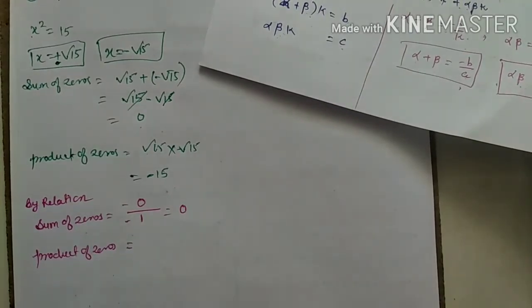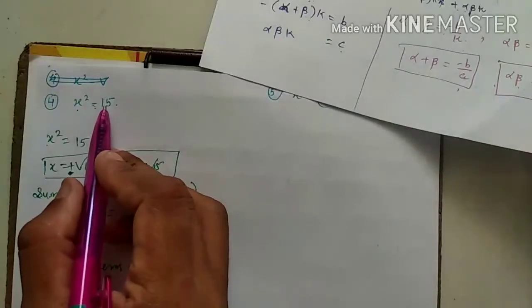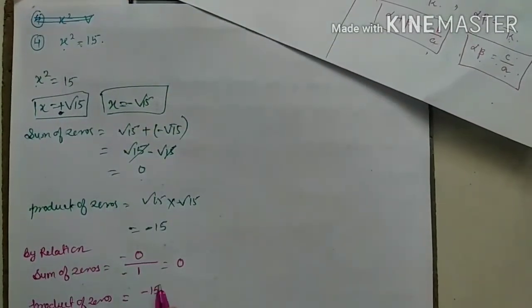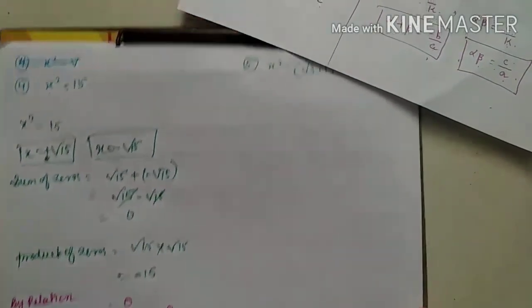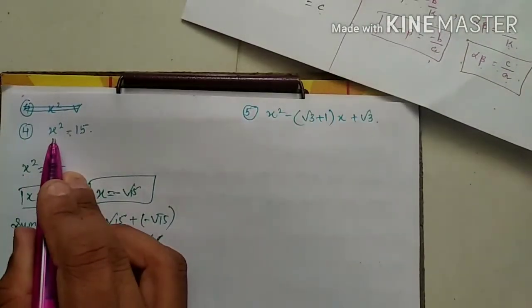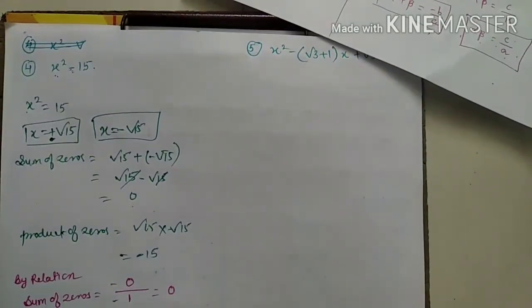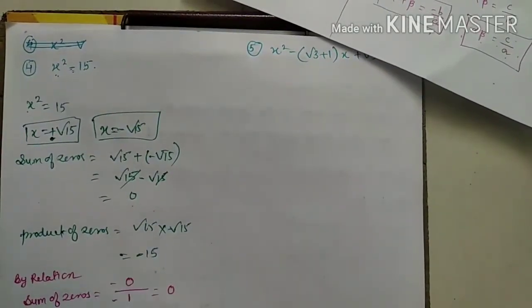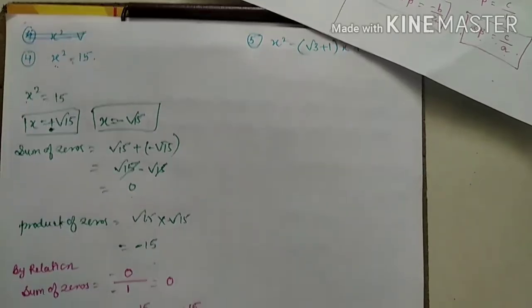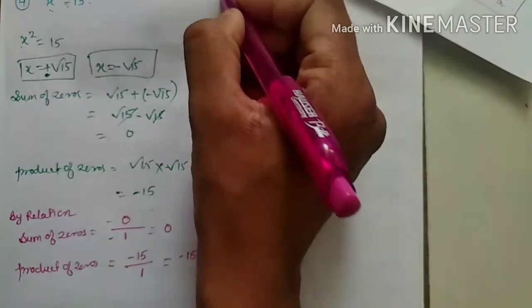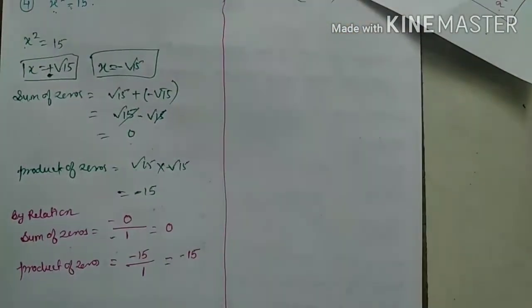As you know, the constant term is already given in the question, that is 15. There is no variable, it's a constant. So minus 15 I have as a constant term. And the coefficient of x square is 1. So what am I getting? Minus 15. You can match your answer with this. Are you getting the same? If you are, it means you are going correctly, and this is the way you have to solve it. So clear? Now come to the last question I am solving.